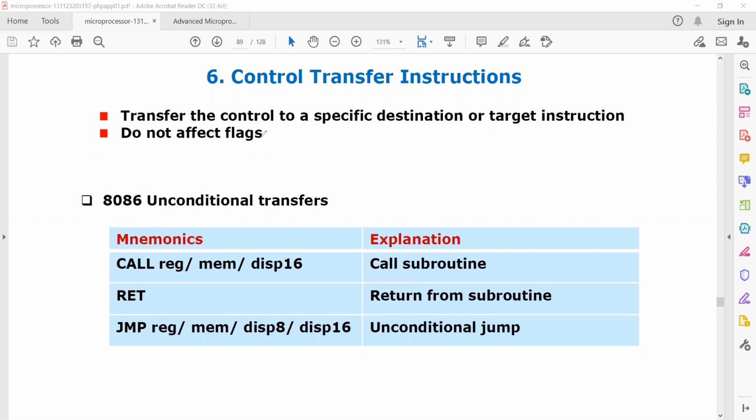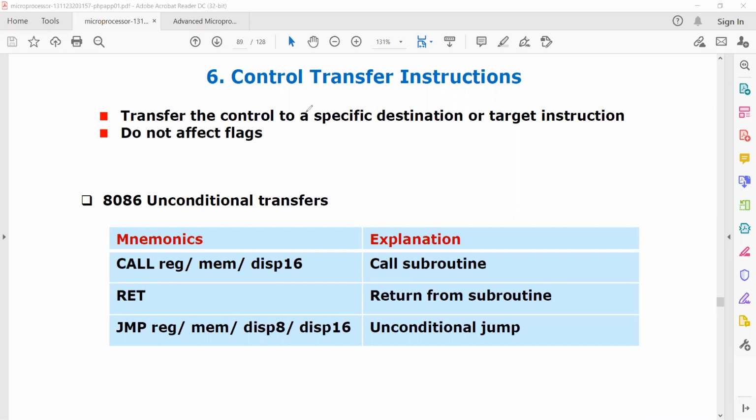That means they change the values of flags. But these control transfer instructions do not affect the flags. They just use the flag status, the flag values. How they are going to use these flag values, I will show you.